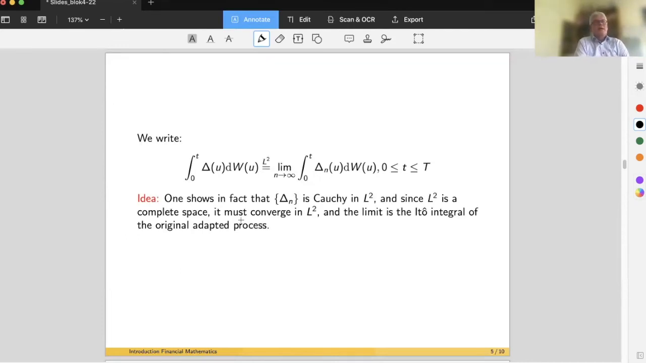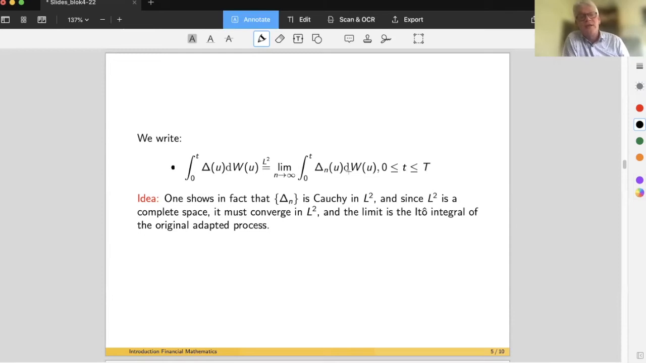Okay, now I can define the Ito integral. We used to have I_T as the notation, but we often use that for simple processes. Now we can write the Ito integral as follows. The integral from 0 to t of Delta_u dW_u, we define it as the limit n to infinity of the integral from 0 to t of